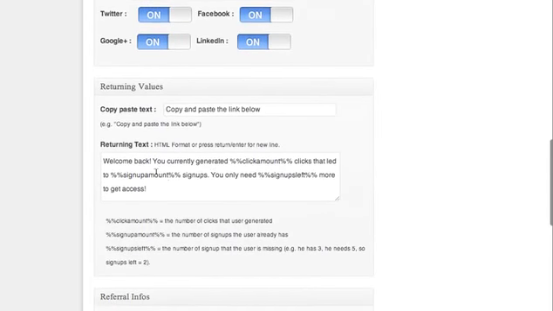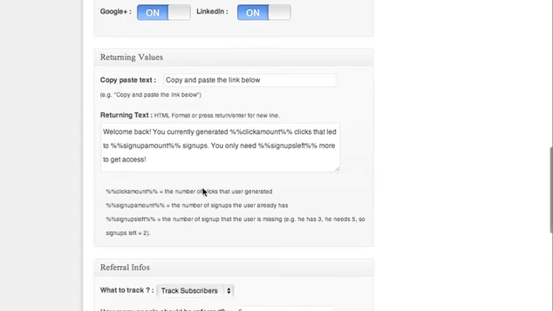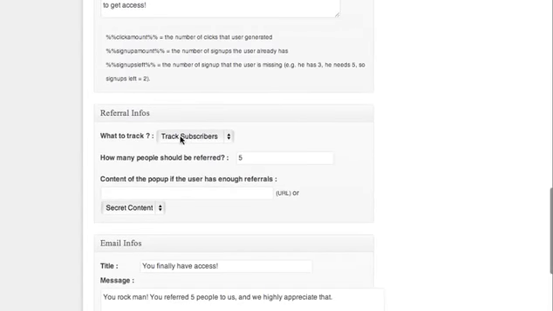You can decide how the statistics will be shown if they want to see how many people they referred. And here you can select how many people they need to refer. So for example, 5 or maybe 50 or 3, that's up to you, and you can then decide whether you want to track subscribers, so people they